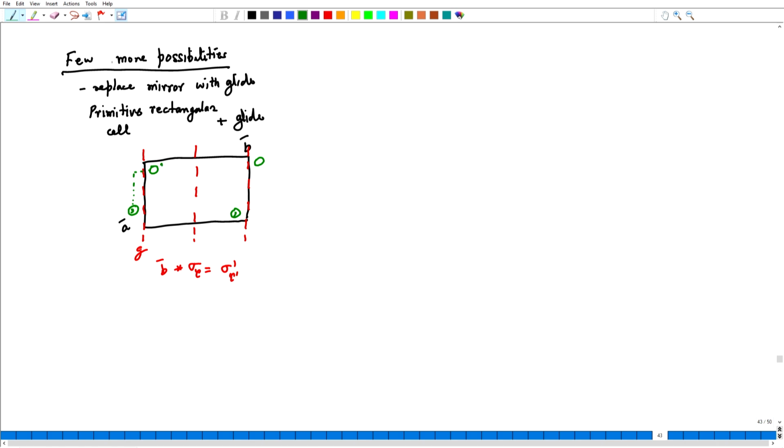So, if I call this motif 1, motif 2, and then the translation takes it, this is perhaps not the correct location, it would be a little bit more down and somewhere here, and therefore, this is motif number 2, and then the translation takes it to motif number 3. Now, how is motif 1 related to motif 3? It is related through a glide right in the center. As you can see, the handedness changes.